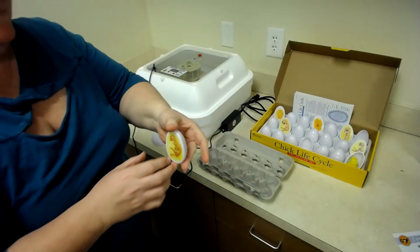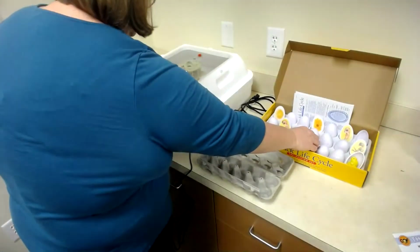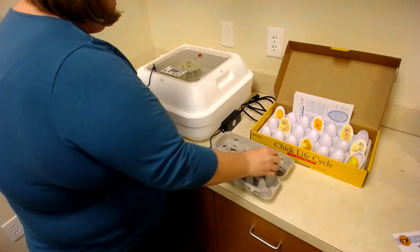So that's it. That's setting up our incubator. The last step for us with this incubator is to plug it in and get started,